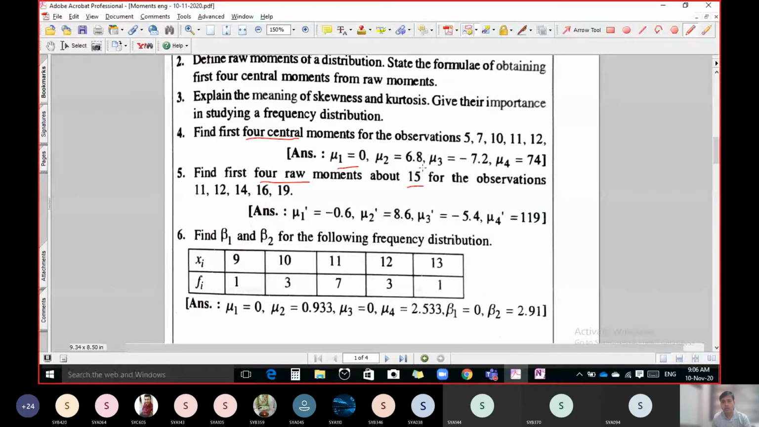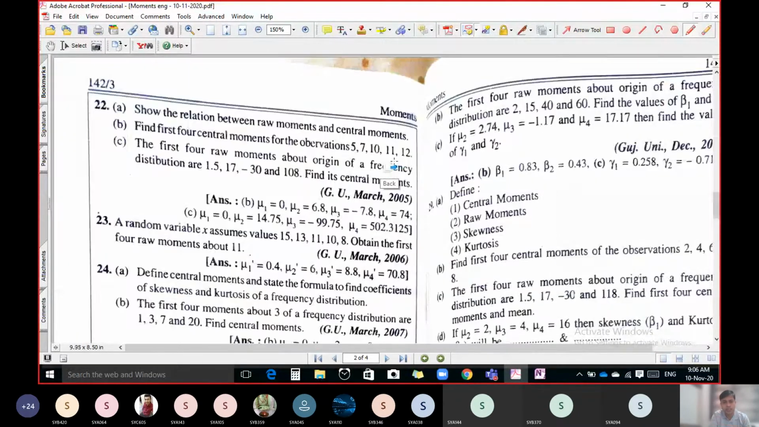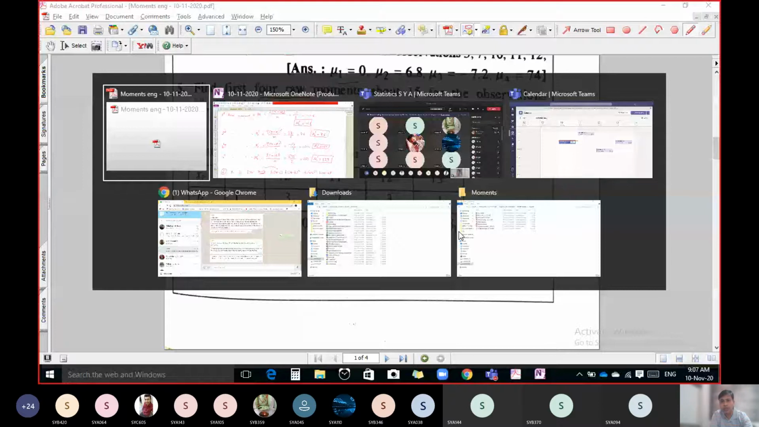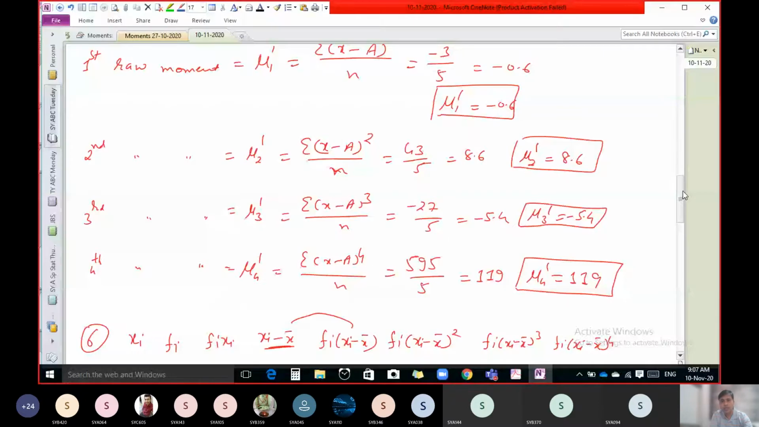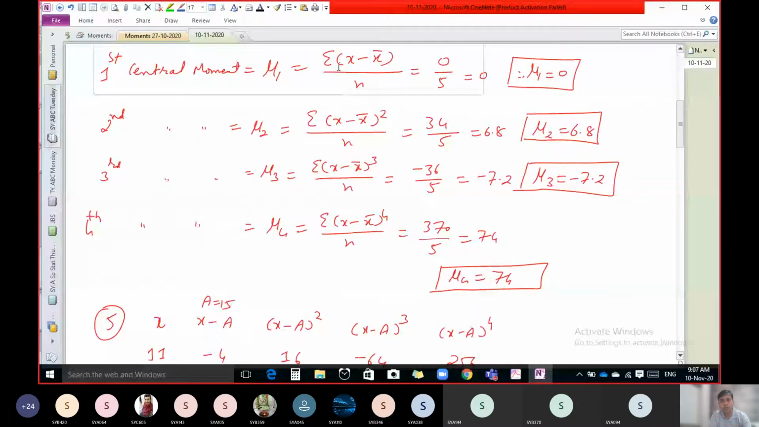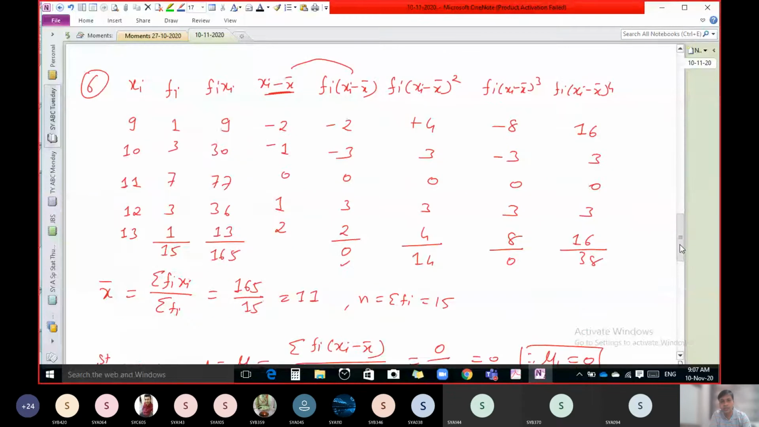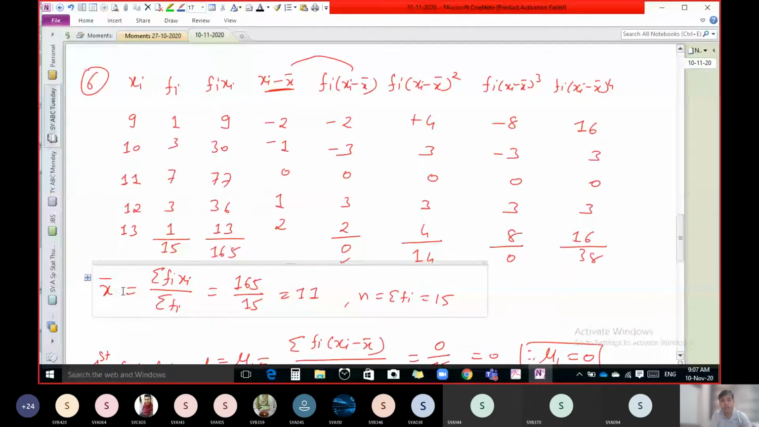So, we require mu 1, mu 2, mu 3, mu 4 to calculate beta 1 and beta 2. See, here we have in this question xi and fi. Xi, fi is given. So to calculate mu1, mu2, mu3, mu4, instead of using this formula, here you have to insert fi, you have to use frequency also. So what we require to do, see, first of all let us find out, because it's a question for central